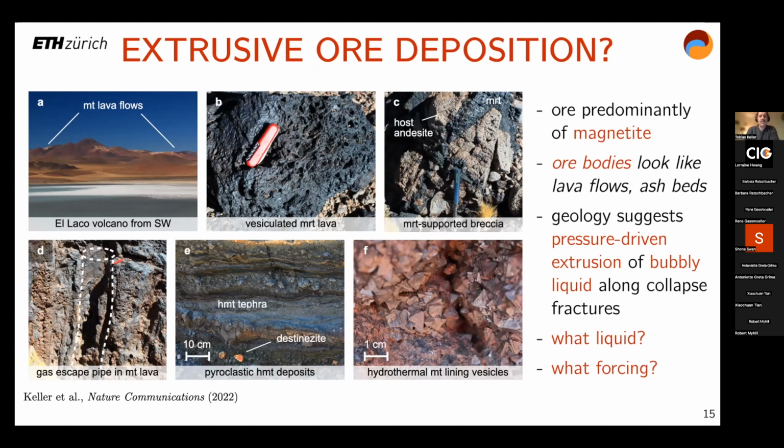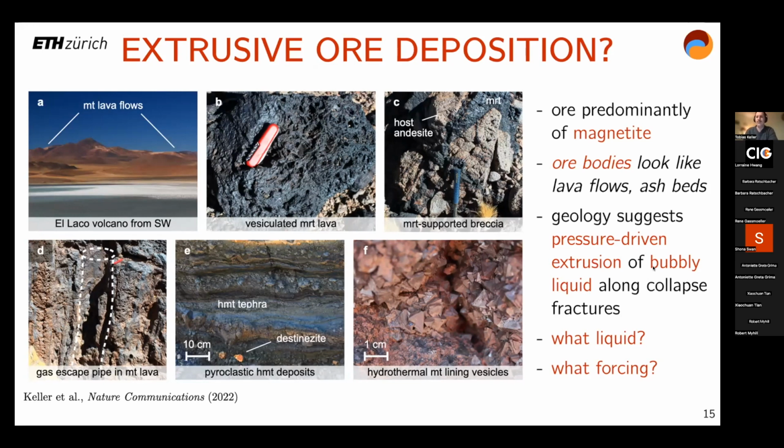Then there's large lava flow-like deposits which have meter-scale gas escape pipes going through, like large merged vesicles. And then there's tephra layers, which have grain sizes anywhere from bombs to scoria to ash. And in some of the vesicles, there's late-stage hydrothermal magnetite with really beautiful euhedral shapes, which show these triangular pyramids. So to all intents and purposes, these ore bodies look like lava flows and ash beds. So basically the product of extrusion,